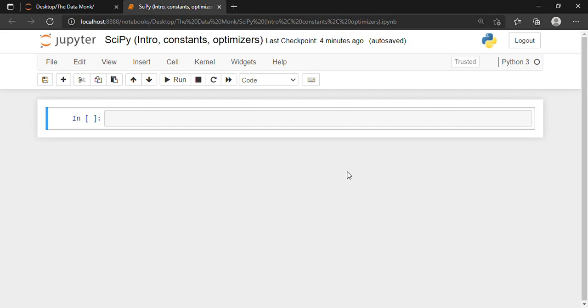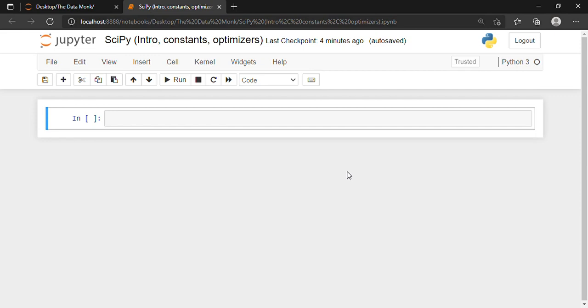If you have installed the Anaconda distribution, then SciPy comes pre-installed. But if you have installed Python and pip already, then you can go to your command prompt and type the command pip install scipy, and it will be installed. But I suggest that you install Python using the Anaconda distribution, so you will get SciPy already pre-installed.